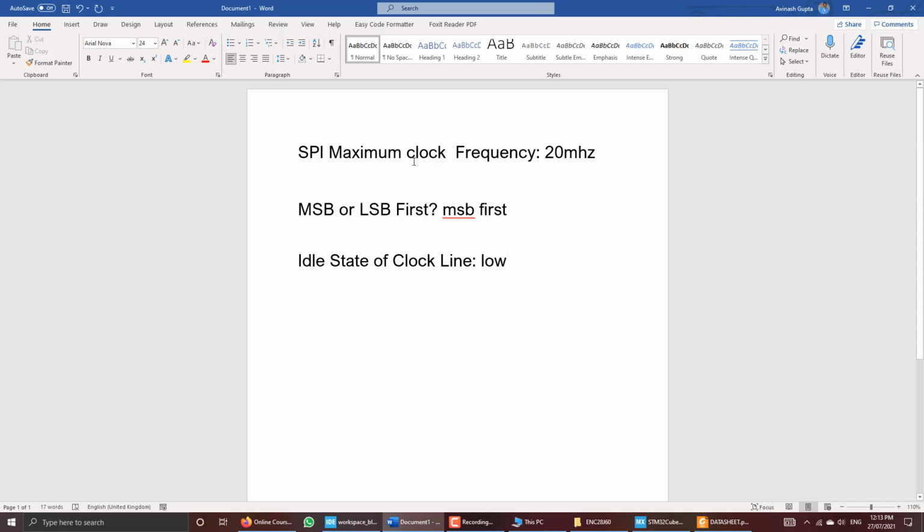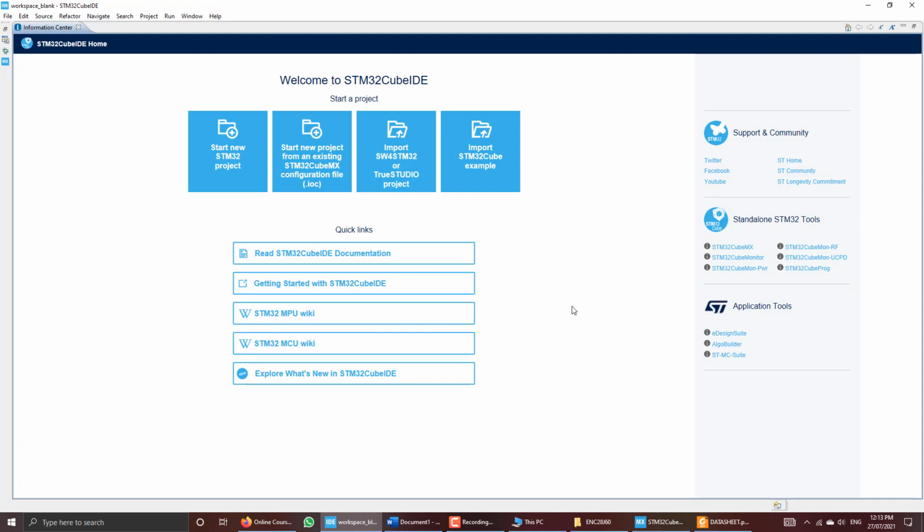Now we have all the information required to configure the SPI port of STM32 using CubeMX. Now let us go to CubeMX and create our new project. Start new STM32 project.